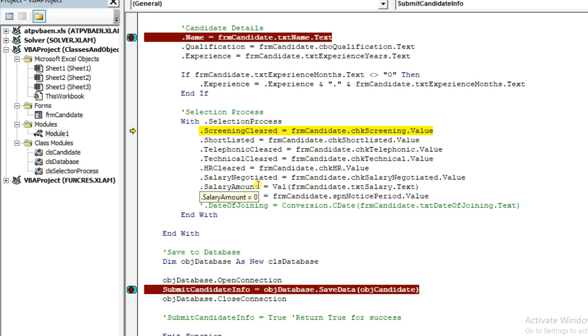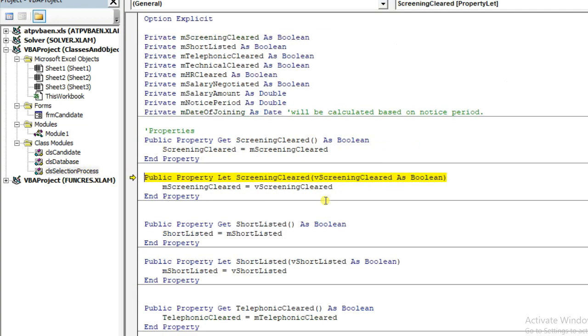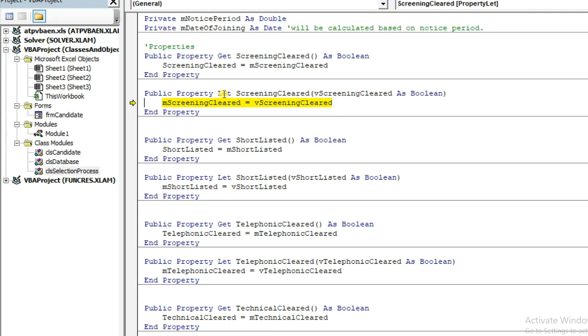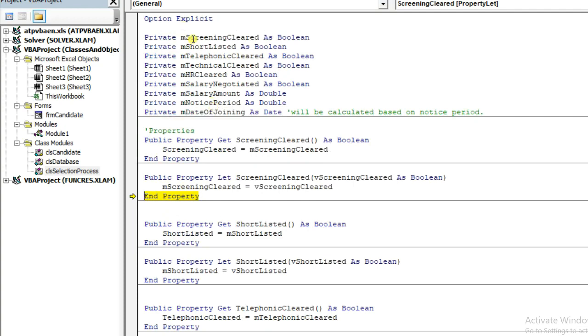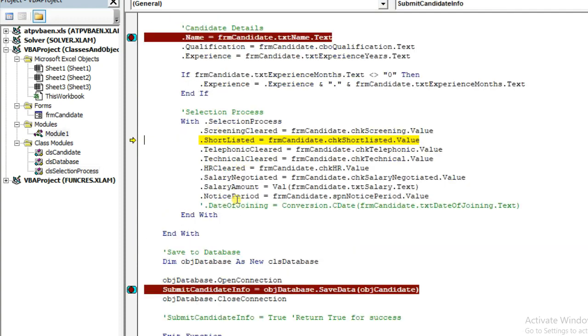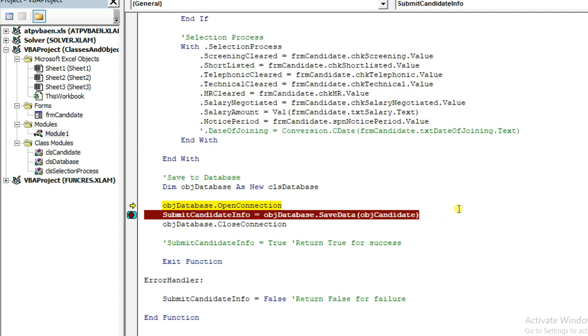So now it will go to this selection process class to set these properties, and it is again using the let property to assign the value to the variable that has been declared in this module only. So it will do this for all those properties available in the CLS selection process class. Having done that, now it will save the values using save data,